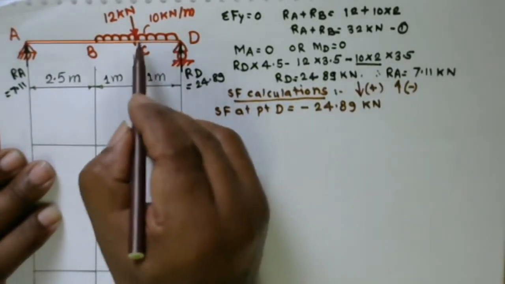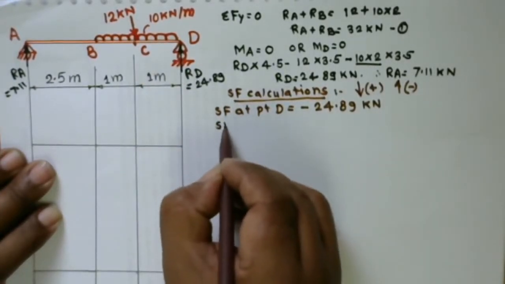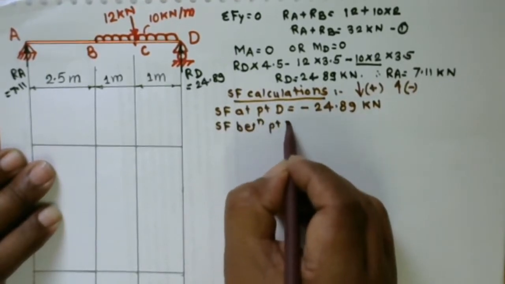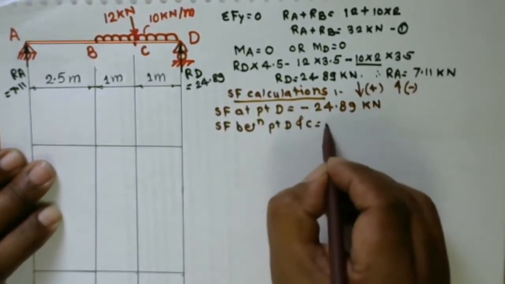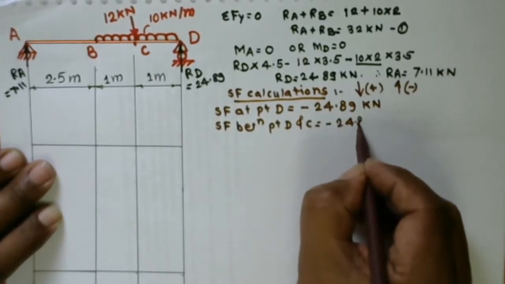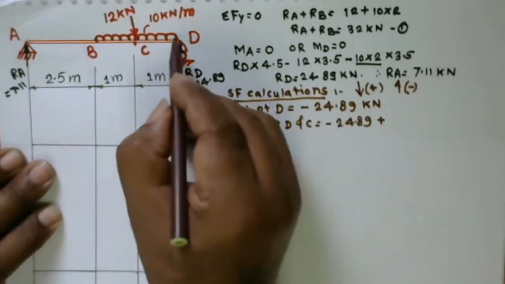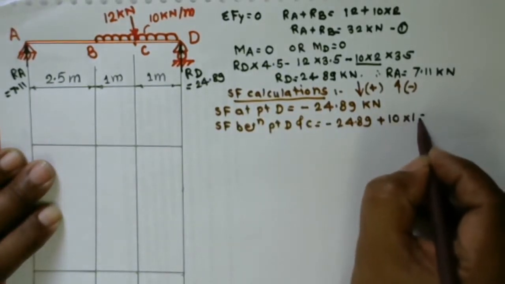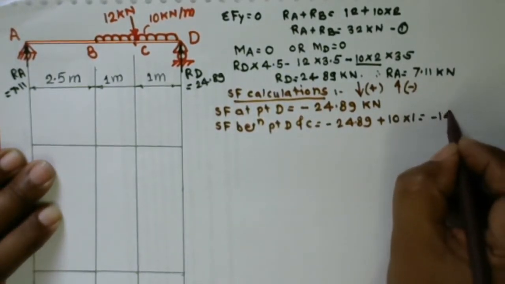Now between points D and C there is a UDL, so shear force between D and C is equal to minus 24.89 plus UDL rate, which is given as 10, and its span is 1 meter. So 10 into 1, so it becomes minus 14.89